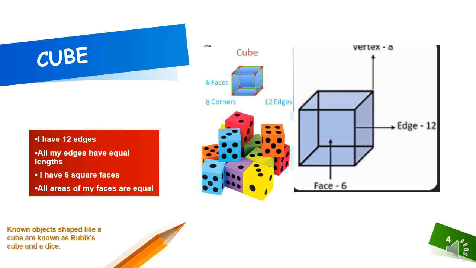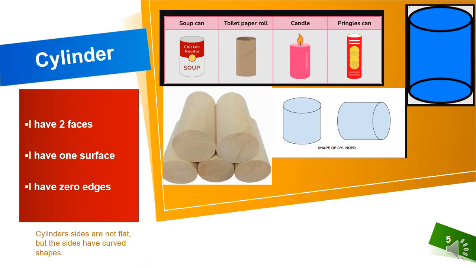And then on my next slide, I will have a cylinder. I will start with a cylinder having 2 faces, 1 surface, and a cylinder also has 0 edges. And here underneath, I will also have a little fun fact again, that cylinder sides are not flat, but the sides have curved